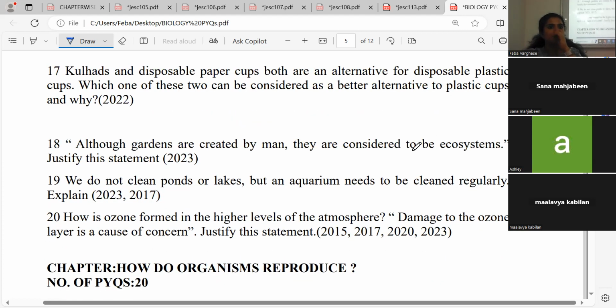Because there is an interaction of biotic and abiotic components, even the biological components are interacting with each other. You can explain it like the plant is taking up light, it's taking up water, nutrients and everything from the soil. And then also you can write that the plant,